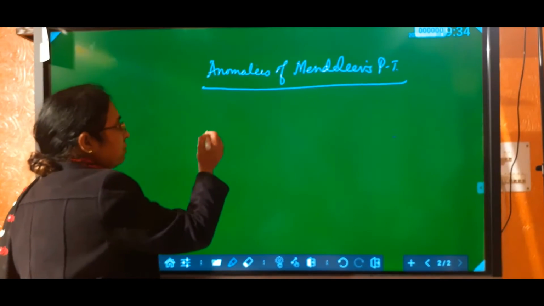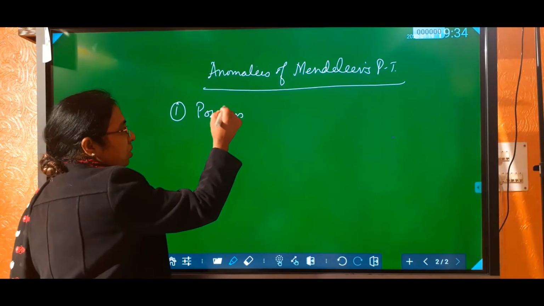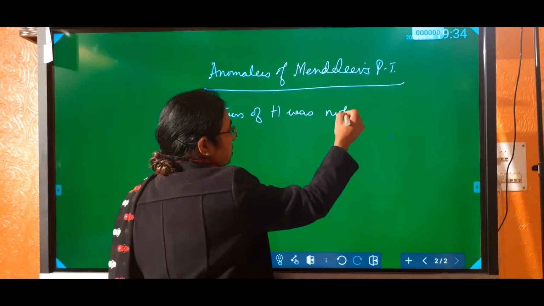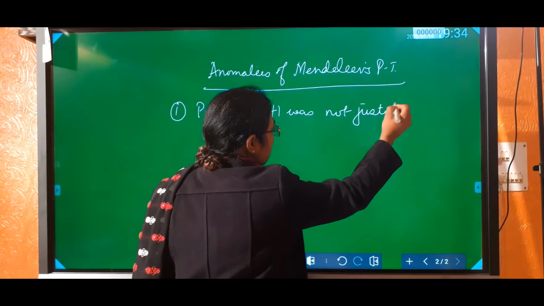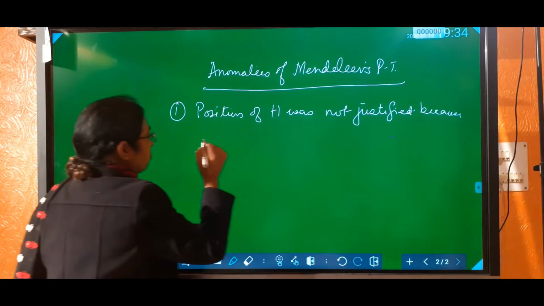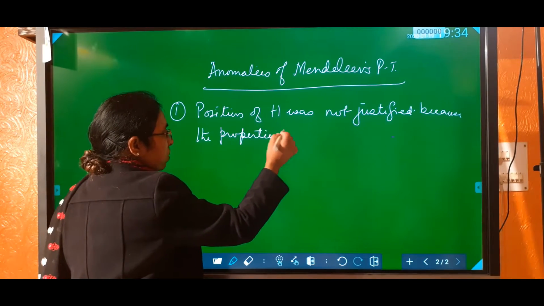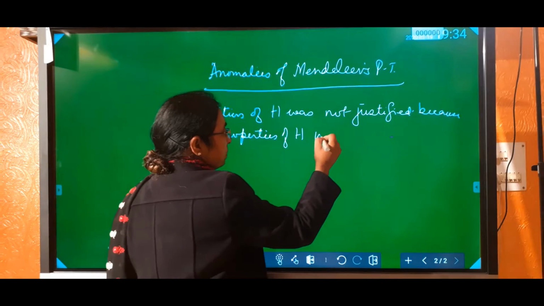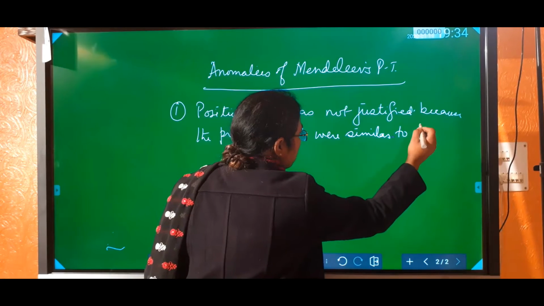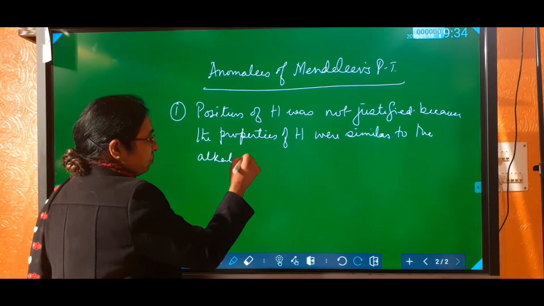First, we have written that the position of hydrogen was not justified, because the properties of hydrogen were similar to the alkali metals,